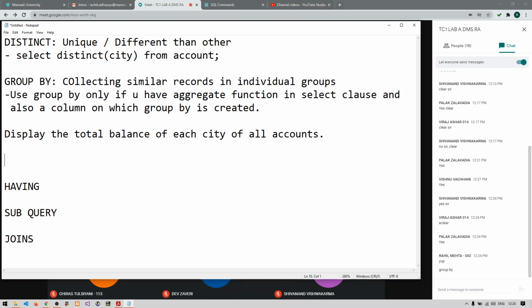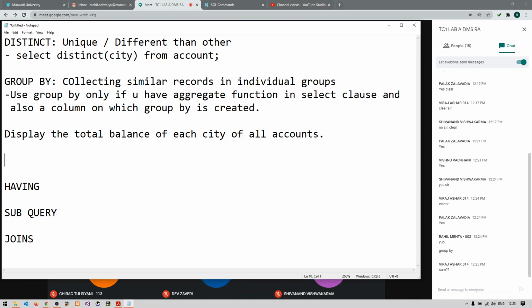Aggregate function, not the group by clause. I'm talking about which aggregate function we will use. There are 5 aggregate functions. So which among those 5 we will use? Yes, exactly, sum.